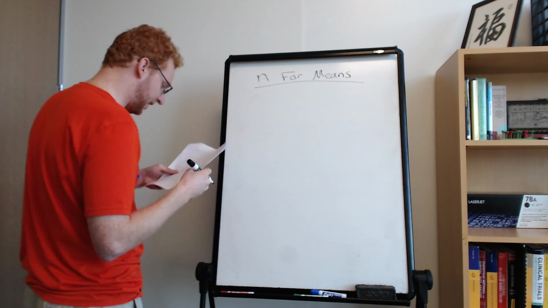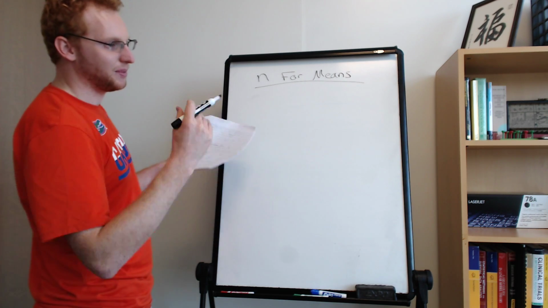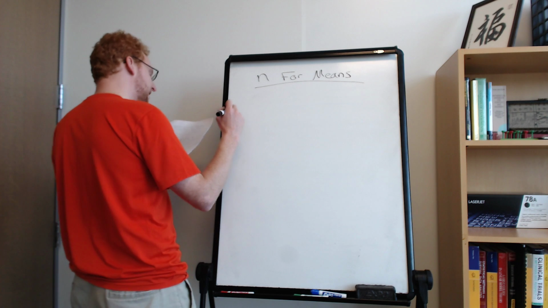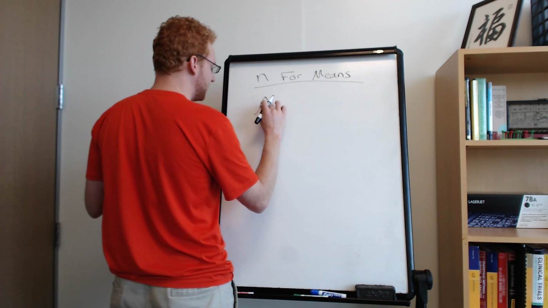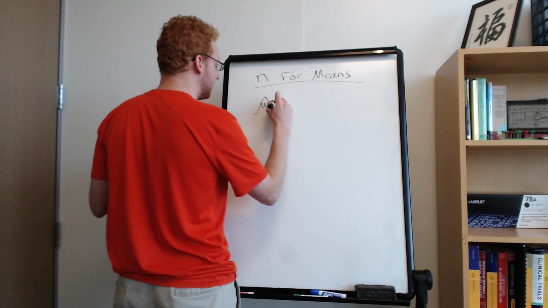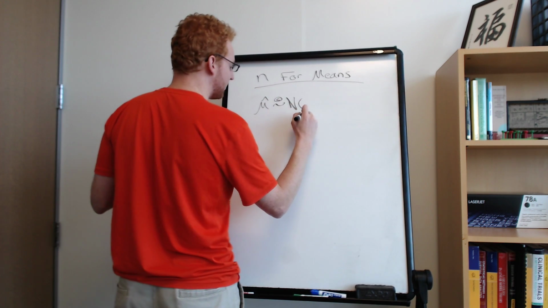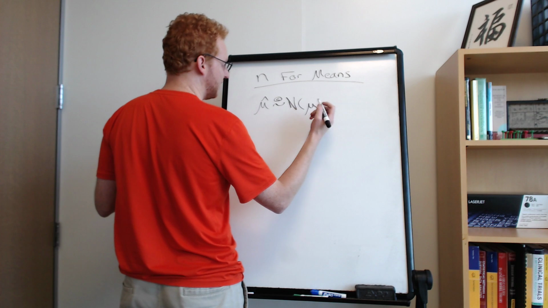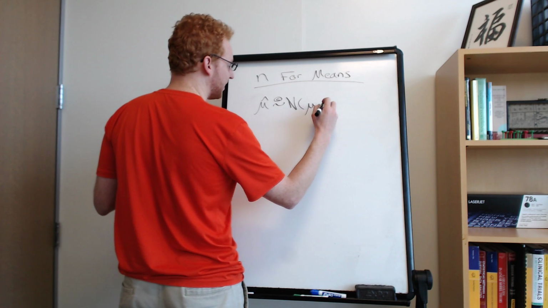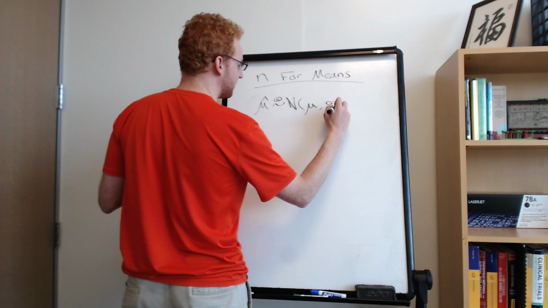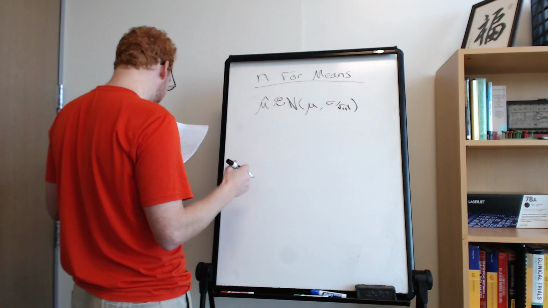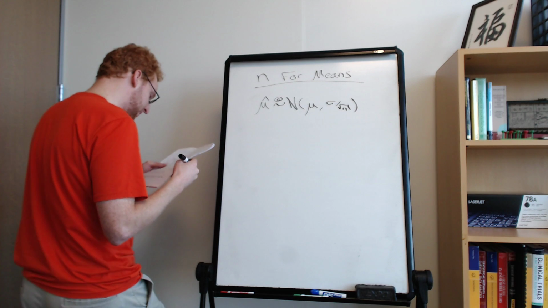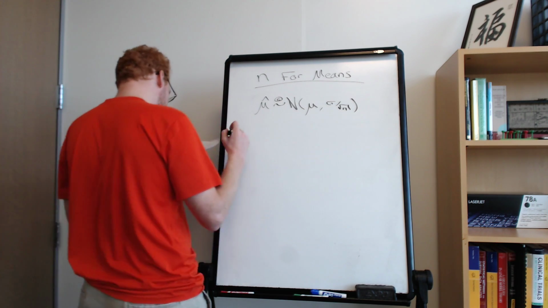Since the mean is normally distributed, the estimate for mu, your mu hat, is at least approximately normal, following the true mean, and the standard deviation is going to be sigma over square root n. So the more samples you have, the smaller the variance. A 95% confidence interval for the mean would be,